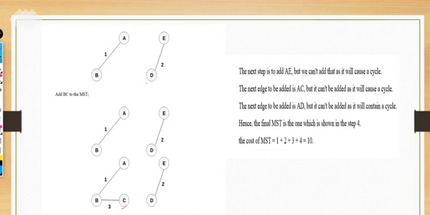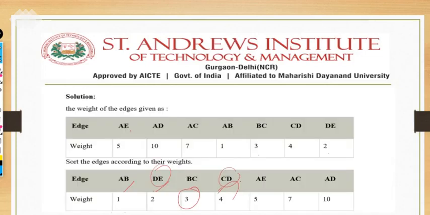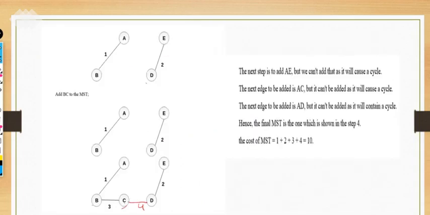I'm just connecting this thing here, A, B, C. If you take CD here, DE is already here. If you take CD here with the 4 weightage, CD with 4 edge. Then AE is given with the 5 edge. If you take AE as a 5 edge, it will create a cycle. So we have to ignore it. We cannot take it. Okay, so we have to ignore it.